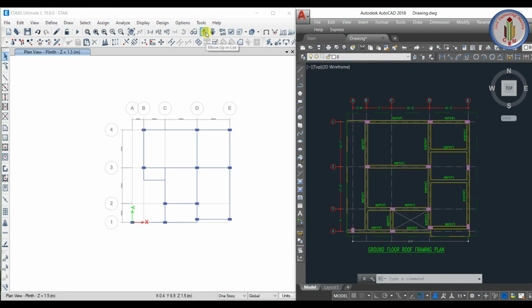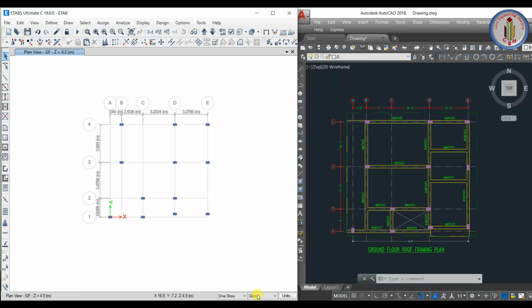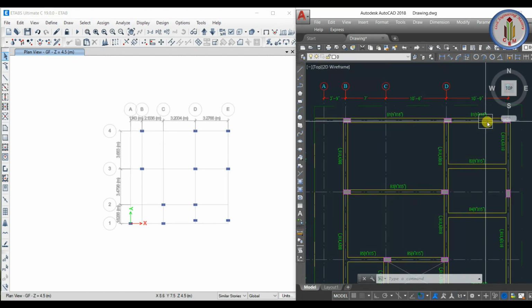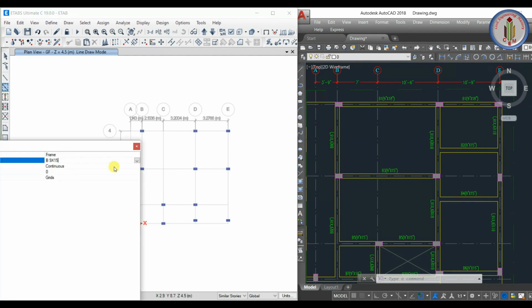So for this, go up to ground floor. Here we can select similar stories instead of one story, because whatever the beam layout we draw here will appear in all the similar stories. First the 9-inch by 18-inch beam, which we can draw using this quick beam option.